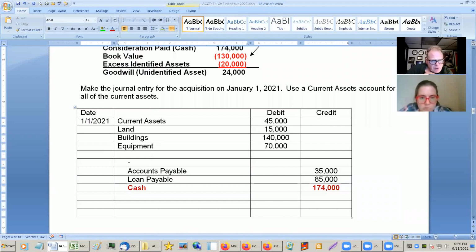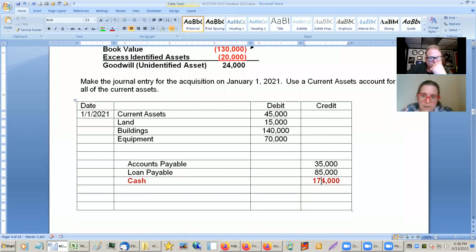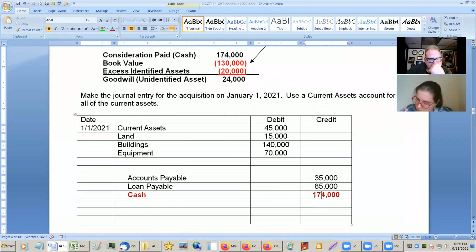And we need to do one more thing. First of all, these two sides are not going to balance if we just put that to 174. So what else do we need to do? We have all the assets on the books except for